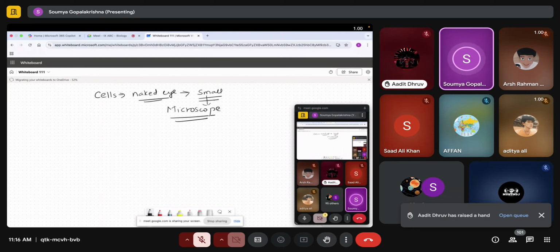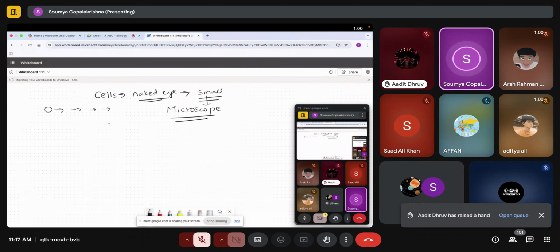Scope, instrument. An instrument to see minute objects is a microscope. Okay. Now, when life began on this earth, life began as a single cell. Then slowly there was transformation happening. And today you see the different kinds of organisms that are there, right? So minute organisms were there, single celled bacteria and all were there.